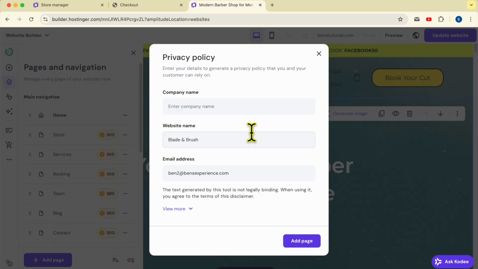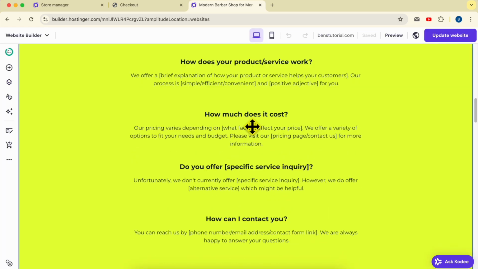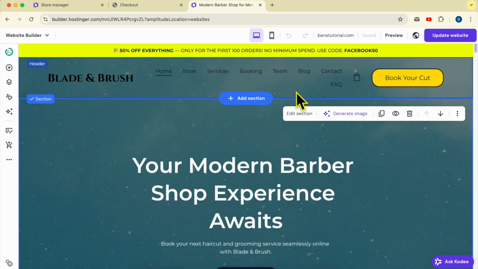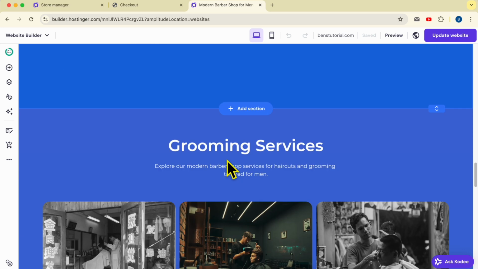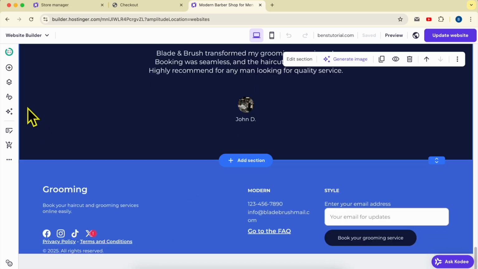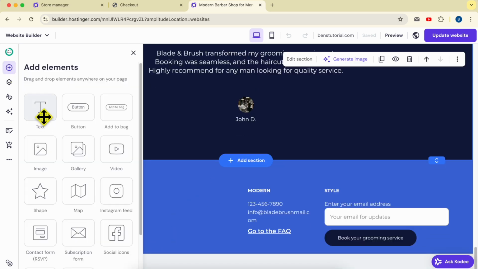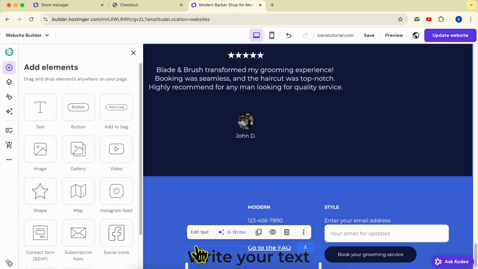Select this template, fill in your company name, website name, and email address, and hit add page. And automatically your new page will be added in the navigation menu, and you need to link to it by adding this text element. Just like that, double click it,